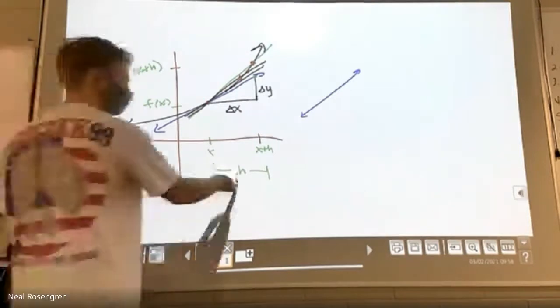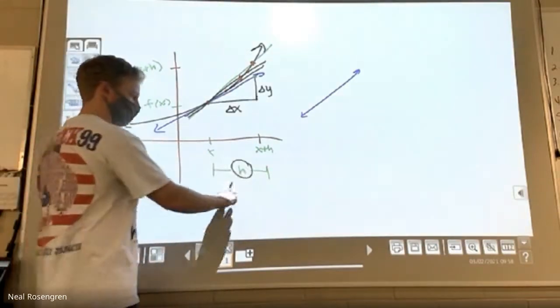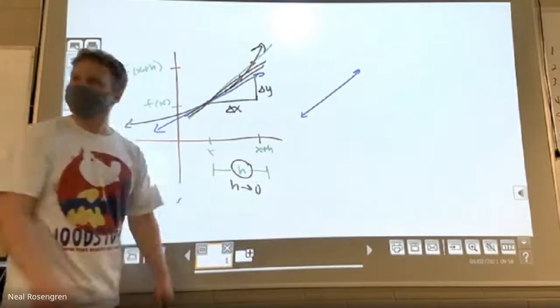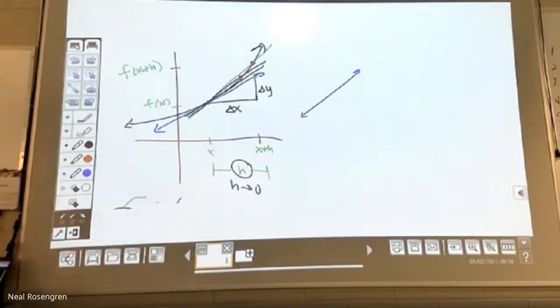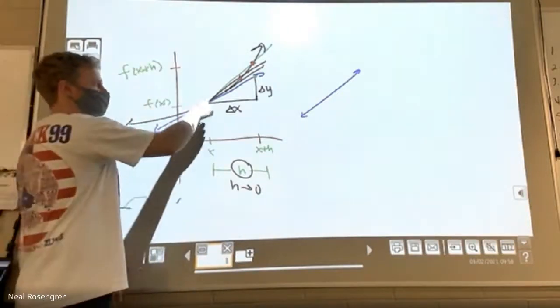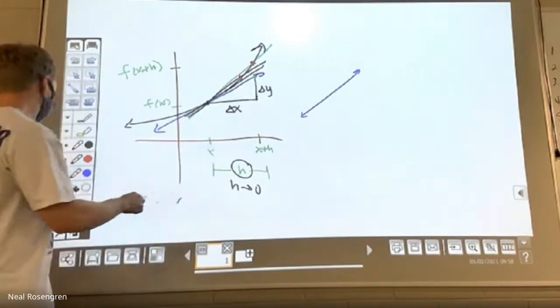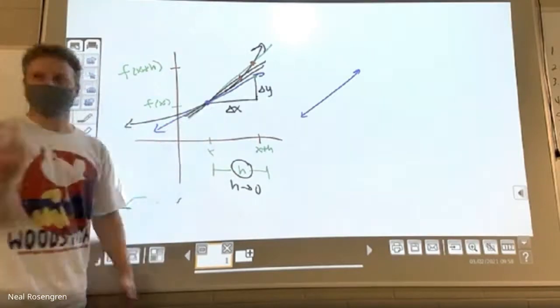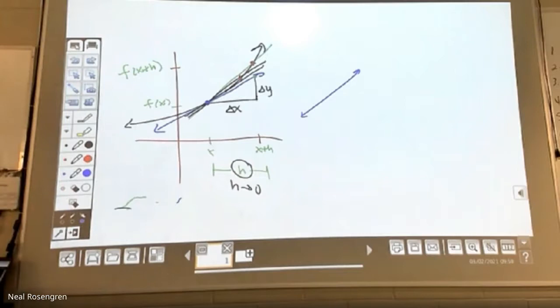And what happens is that as this distance gets smaller, h is going towards 0. Now, of course, I can't actually let h become 0 because then I'm finding the slope at one point. And that was the initial problem that we couldn't handle. I can't say, let's find the slope between 2 points if I don't have a second point.